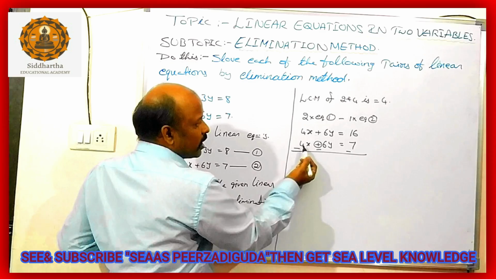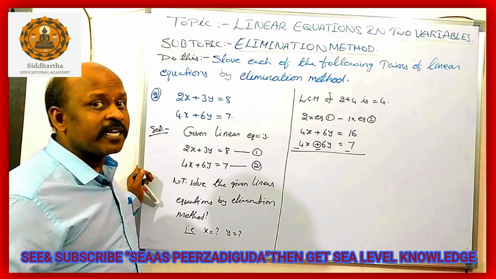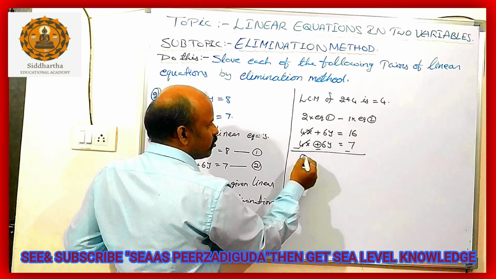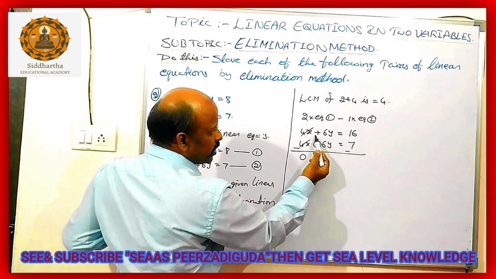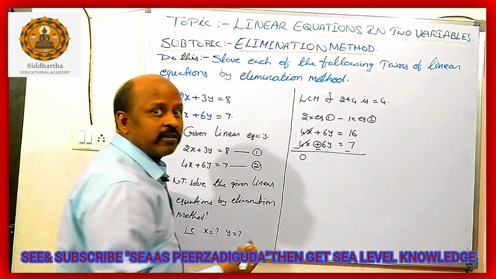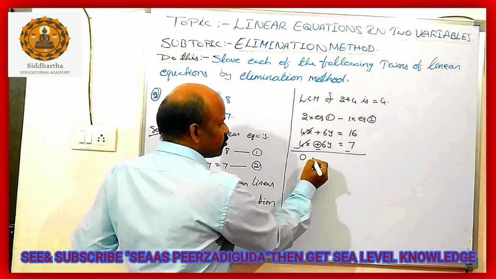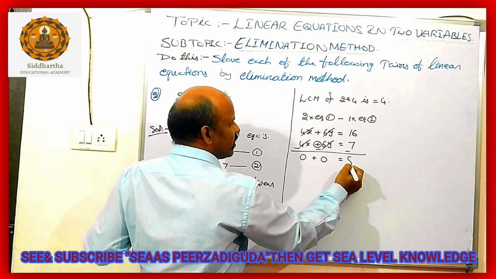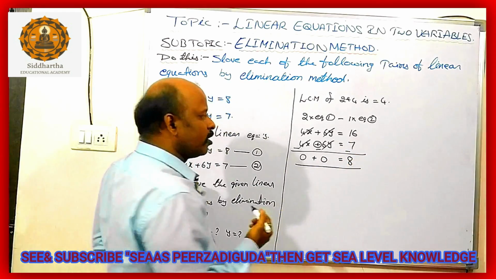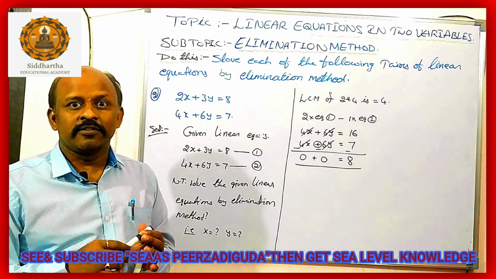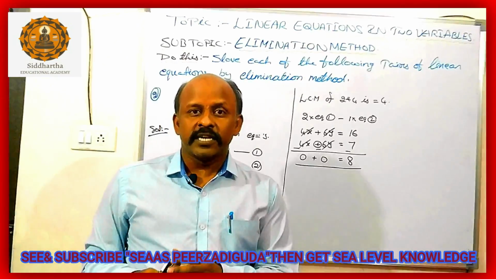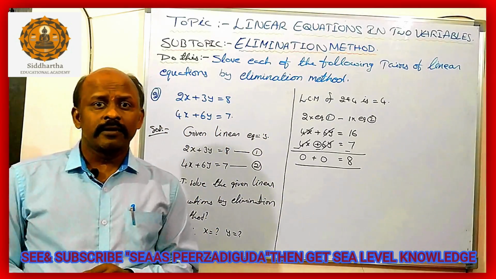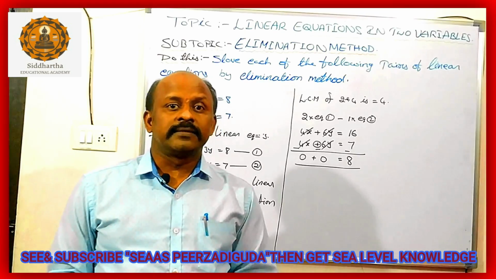So here 4x, what I am going to cancel over here, I like to eliminate x variables. So 4x minus 4x, if you cancel this one, we are getting 0 over here. Here y terms, plus 6y minus 6y, here also it is going to cancel. Plus 6y minus 6y gets cancellation 0. 16 minus 7, 9 we are getting. So whenever we are getting both the terms cancellation like this, the given two linear equations have no solution. The two linear equations make parallel lines.